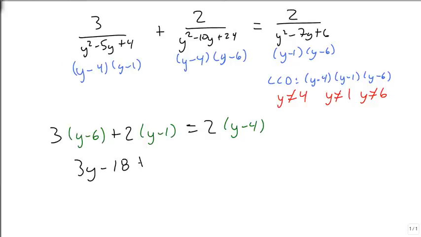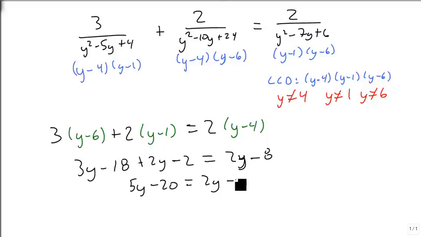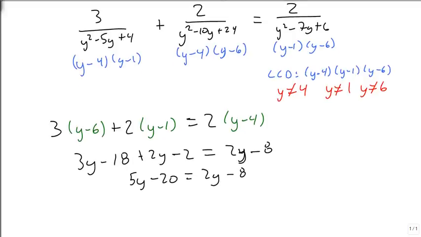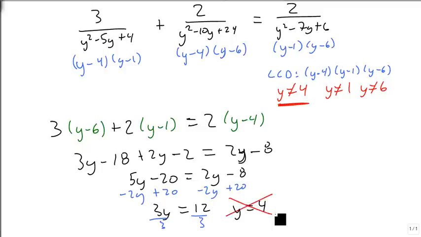3y minus 18, 2y minus 2, equals 2y minus 8. So when we combine like terms, we end up with 5y minus 20 equals 2y minus 8. Let's subtract 2y and add 20 to both sides, and we end up with 3y equals positive 12. And we divide by 3. y equals 4. However, because y can't equal 4, we have to rule our answer out,